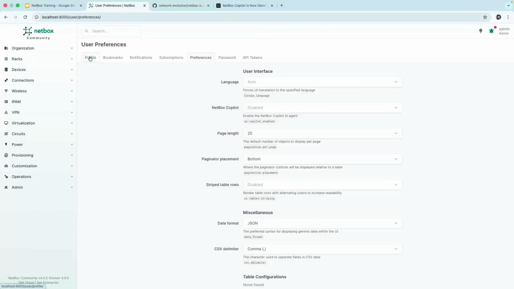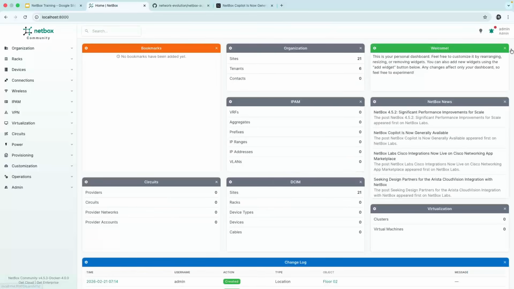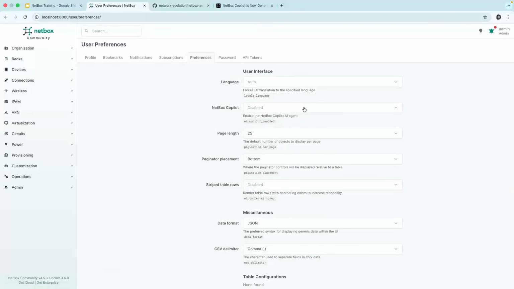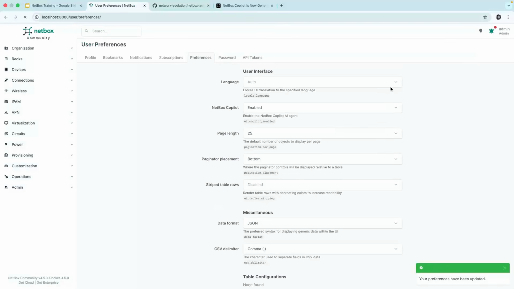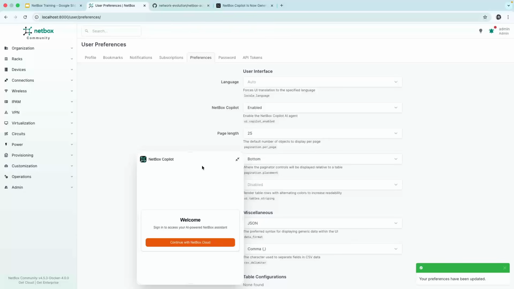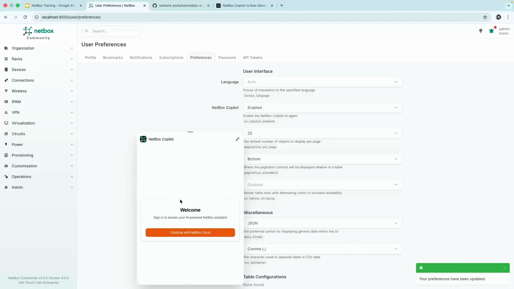To enable this, you need to go to NetBox. Under User Preferences, you can see NetBox Copilot is disabled by default. You need to enable it and save it. Once you enable it, in the bottom right you can see a new pop-up, and you need to sign into NetBox Cloud for accessing this. If you notice, I'm running this locally, and if you click on continue with NetBox Cloud,